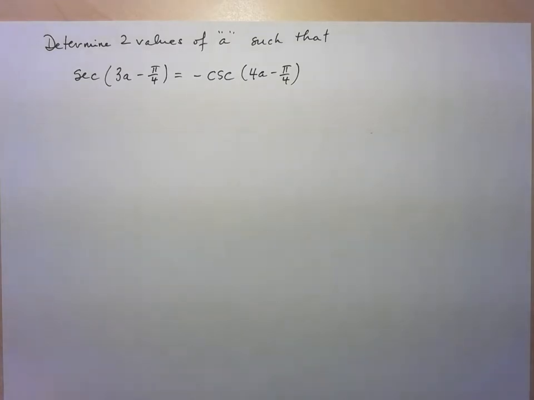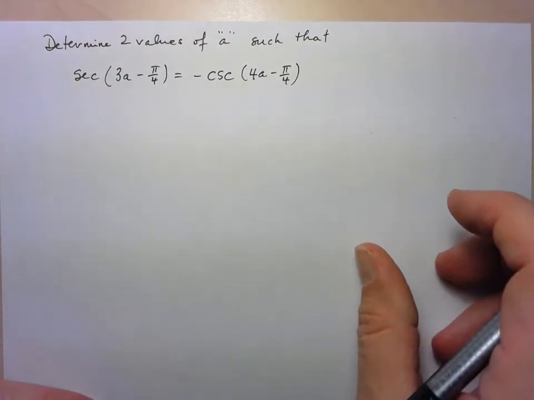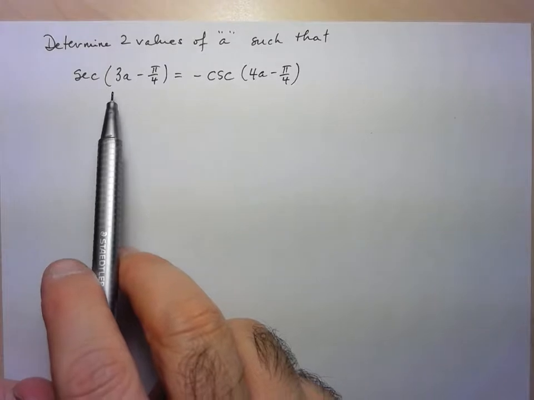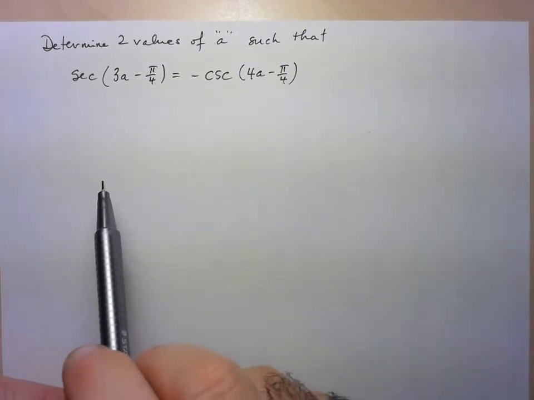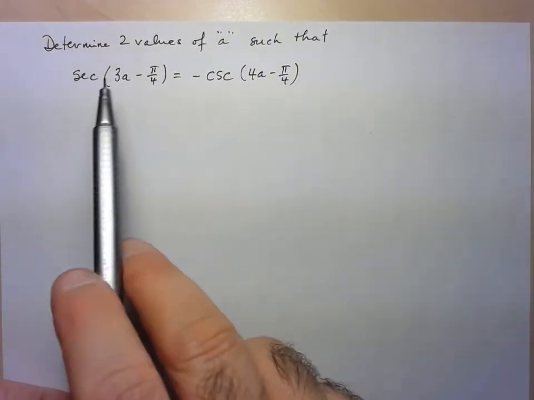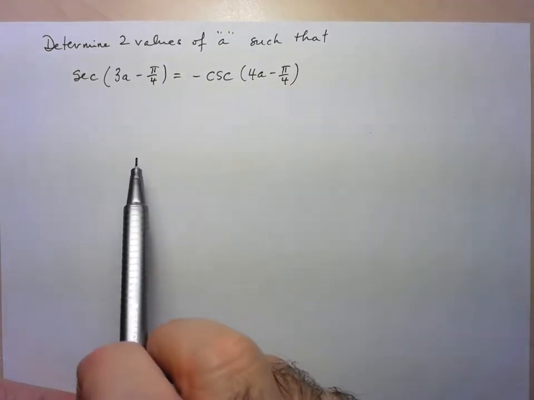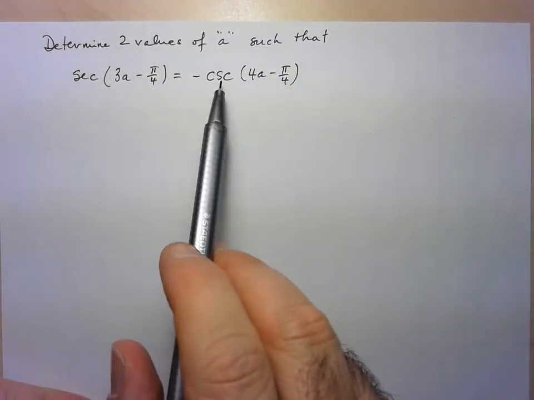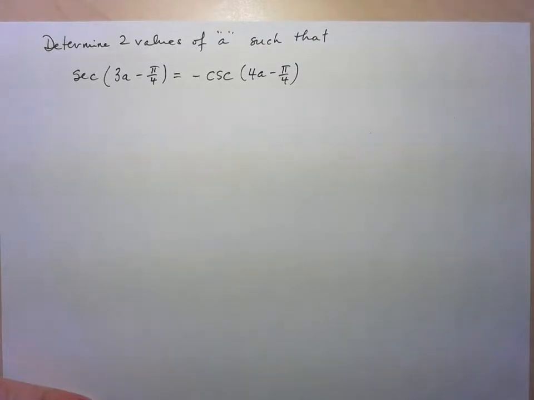Hi folks, we're going to take a look at this question for the assignment. So they want us to find two values such that this equation is satisfied. And the first thing I notice is that I've got two different trig ratios on either side and that they're negatives of each other. So because the trig ratios are different, that should make you think of the correlated angle